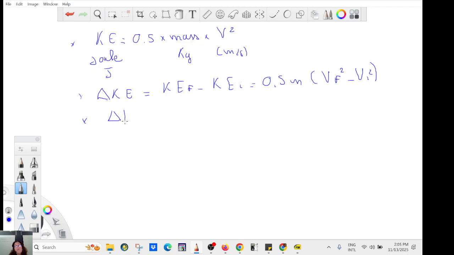And then we have potential energy. So you have gravitational potential energy, elastic potential energy, chemical potential energy, nuclear potential energy. The gravitational potential energy depends on the height and on the mass. So it's going to be the mass times g times delta h. So gravitational potential energy depends on the mass and on the height. And the height is always